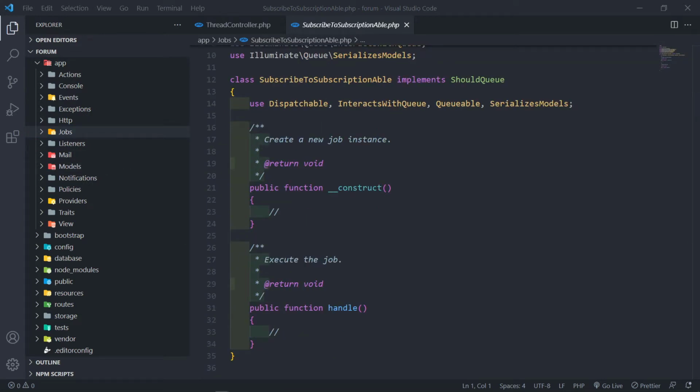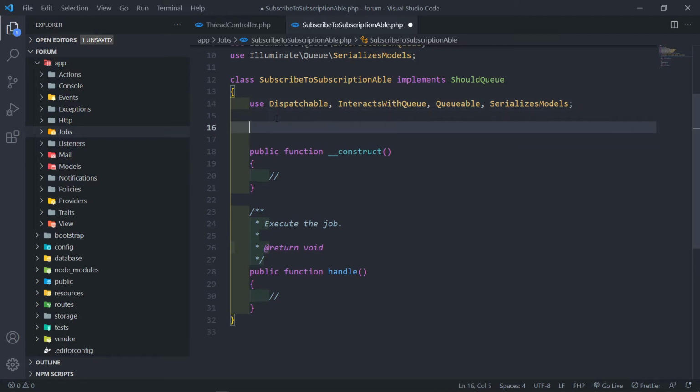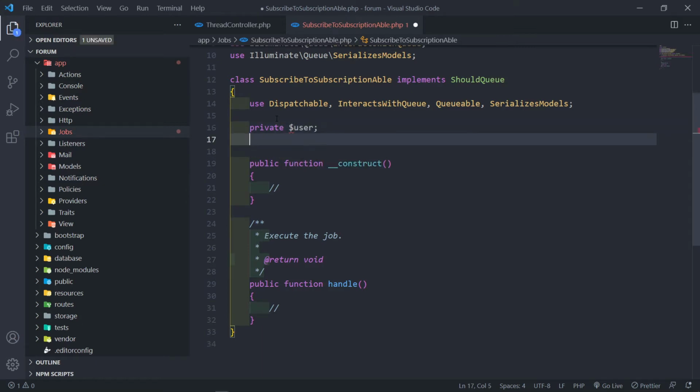All right, so what we're going to do in here, we need to do a couple of things. We need to create a private variable for the user. We need to create a private variable for subscription. We need to know who the user is that wants to subscribe, and we need to know what's subscriptionable, either the thread or the videos or whatever the case you need to add to your website. All right, so let's quickly create those two variables. So I'm just going to remove that block comment, and let me just do this. Just a private variable, call this one the user, and the next one is basically our subscription,